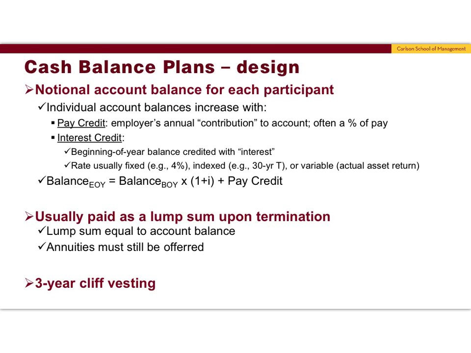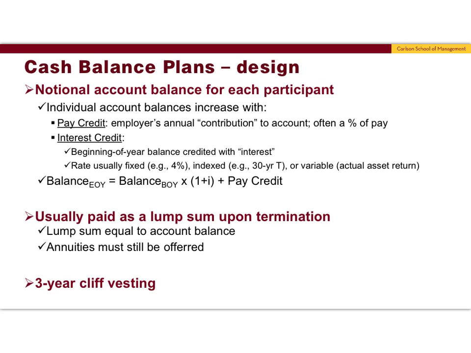Cash balance plans are a type of DB plan where each participant has a notional account balance which looks and feels like a 401(k) account. Each year the account balances increase two ways. First, the employer provides an annual pay credit, which is the annual account contribution. The pay credit is similar to a profit-sharing allocation and is generally awarded as a percent of each individual participant's annual pay. In addition, the accrued account balances are also credited with interest for the year.